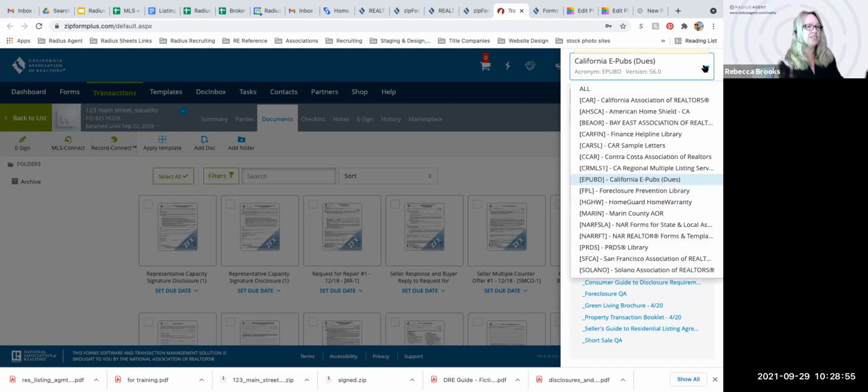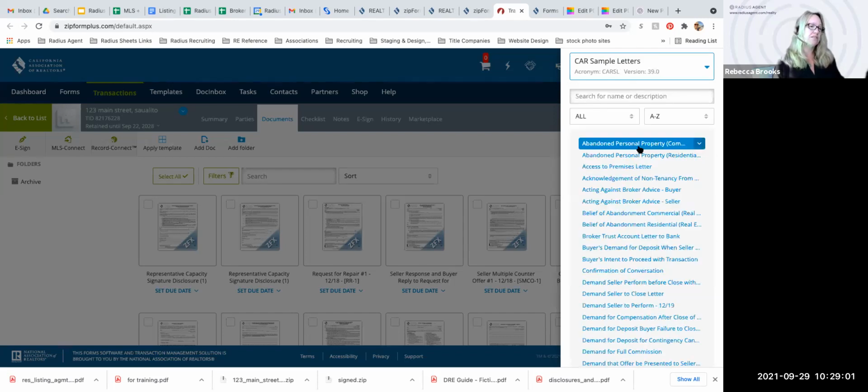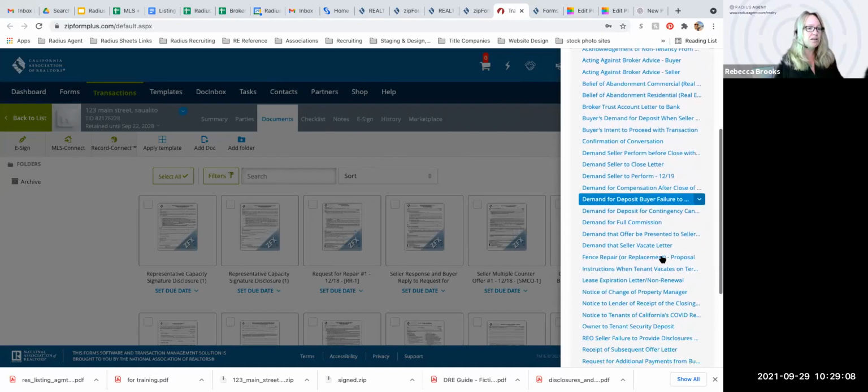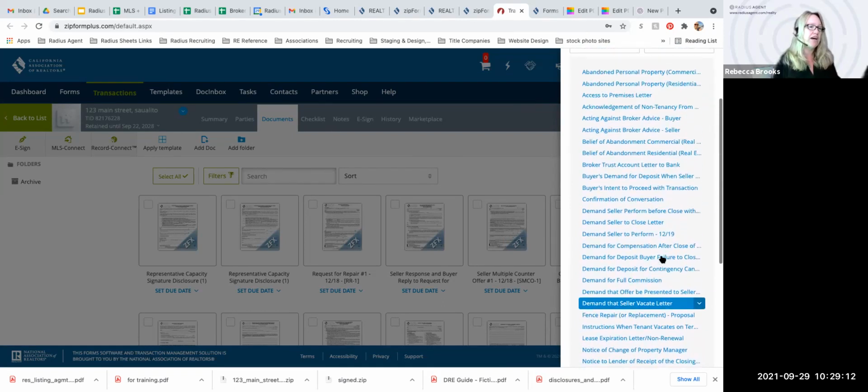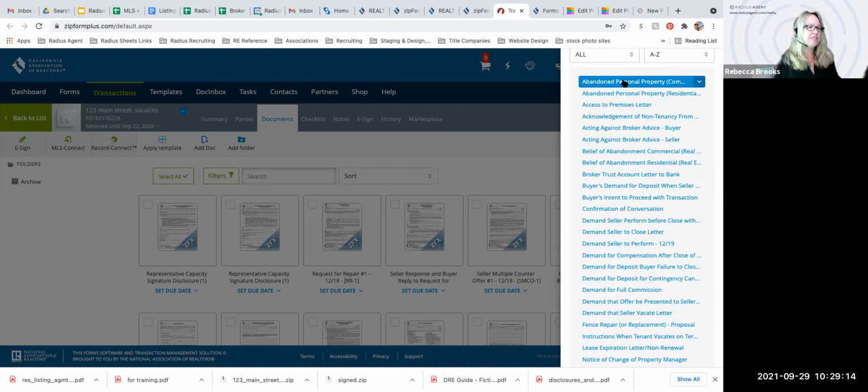Okay, so I want to call your attention to that. I also want to call your attention to sample letters. This is really fun. Here are some sample letters. These are not forms, they're more sample letters for scenarios that you might come across: access to premises, abandoned personal property,